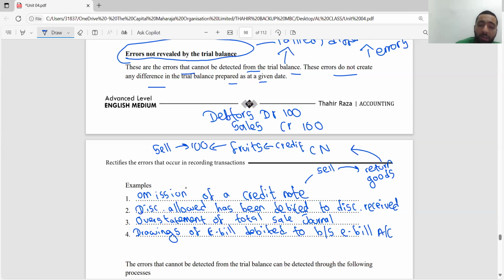for credit note means the customer who has bought these 100 worth of fruits is returning them back. Okay, he is returning back the fruits. Those fruits are